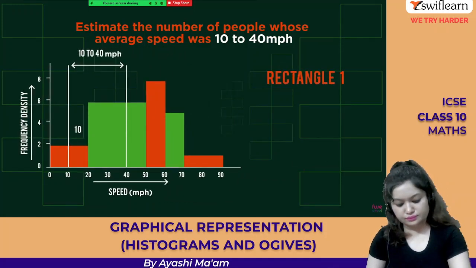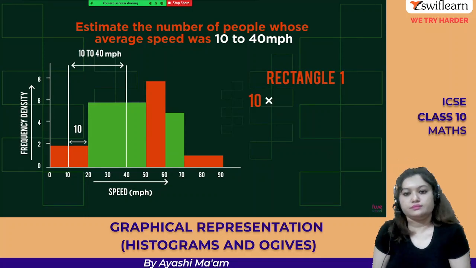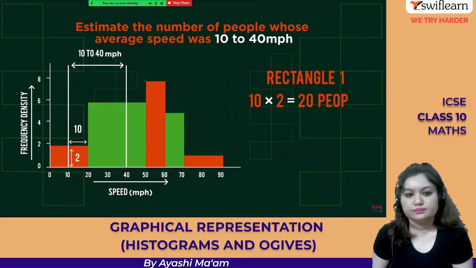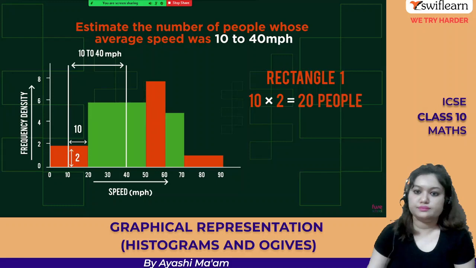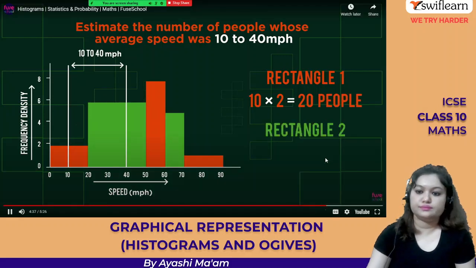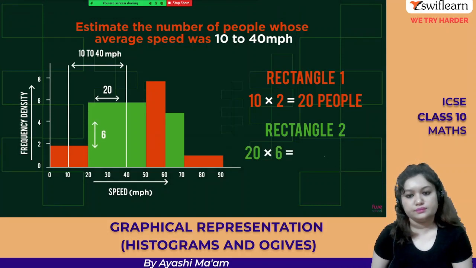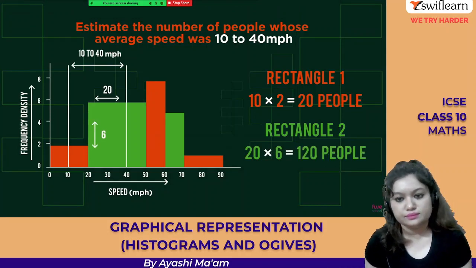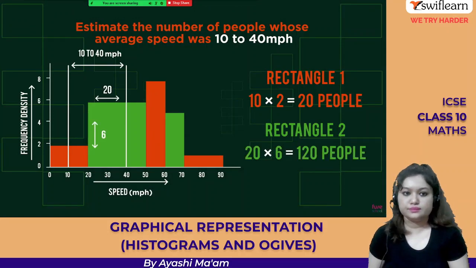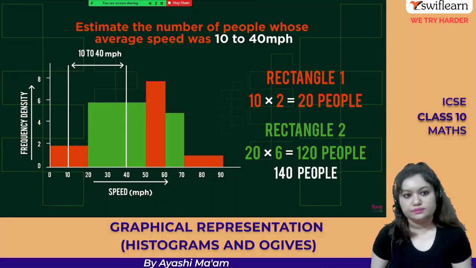Rectangle 1 has a width of 10 between 10 seconds and 20 seconds. A frequency density of 2, so 20 people in total. Rectangle 2 has a width of 20, from 20 to 40, and a frequency density of 6, so 120 people in total. There are therefore, as an estimate, 140 people whose average speed was in the range of 10 to